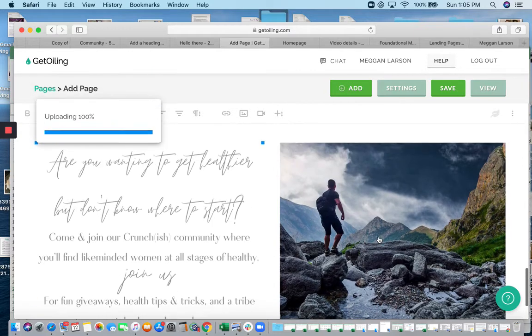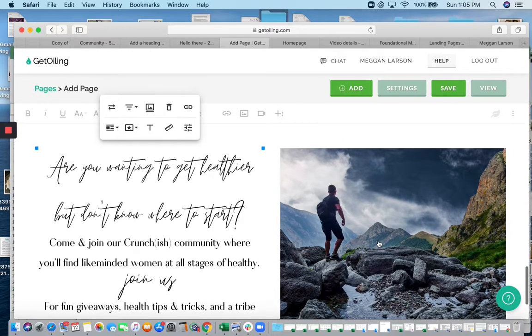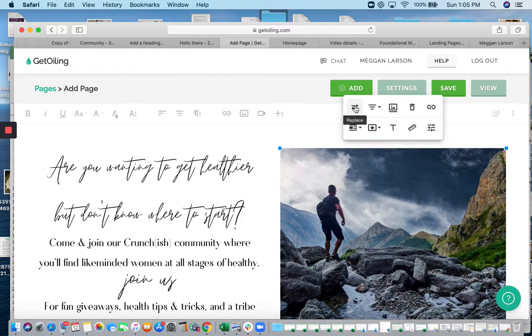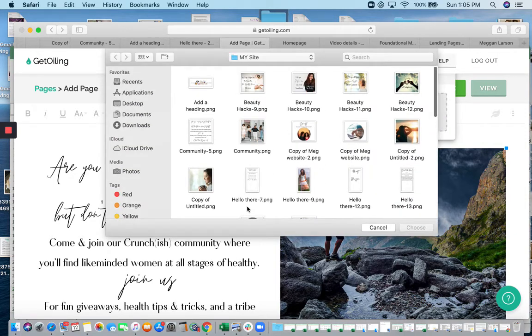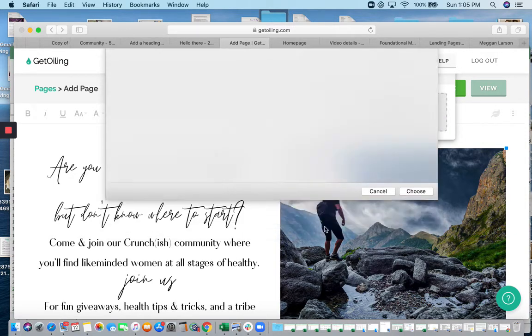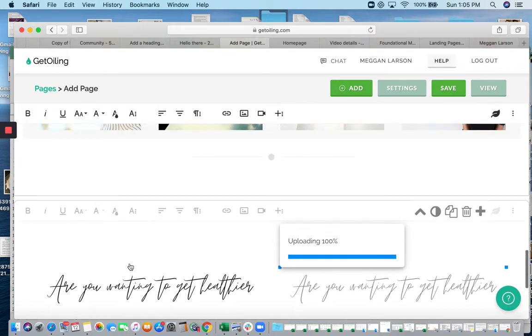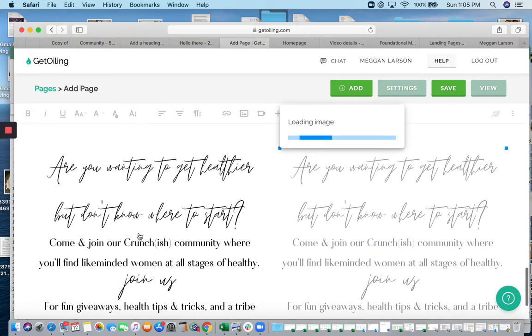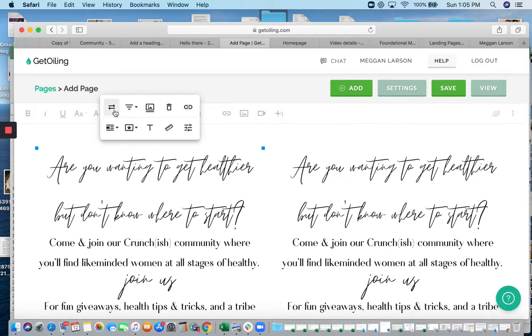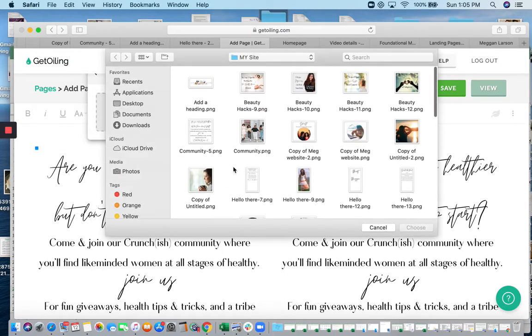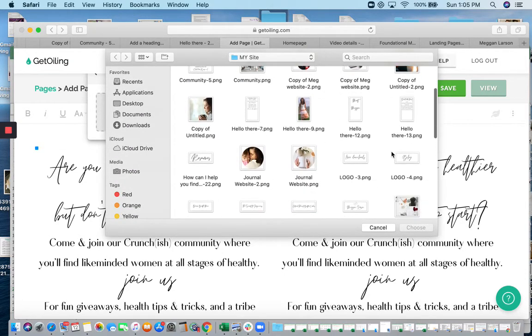And actually, I think I put it on the other side. So I'm going to change that. And then just replace this with,